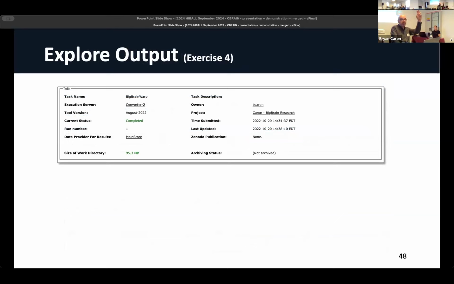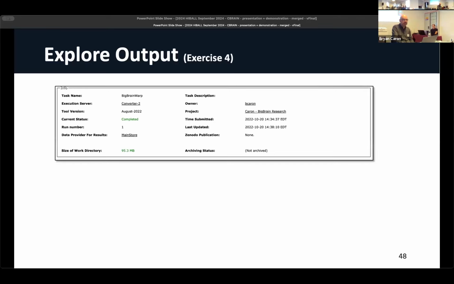It'll give you some high level information at the top, indicating what task type you ran. So if you're running multiple tools, you're going to want to sometimes go back: I want to look at my BigBrain work test, I want to look at my track the flow files, I want to look at my FMR prep. You can see the explicitly different types. You can tell which version of the tool you ran, which is going to be very important, particularly if new releases of the tool come out. You want to know which version you're dealing with, because sometimes the version will make a big difference. You want to know how many times you ran it. It'll tell you how much of the output was produced and so on. So it gives you all kinds of information just to manage that output data.